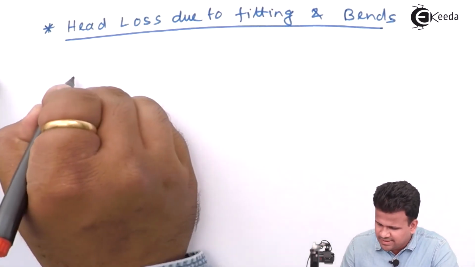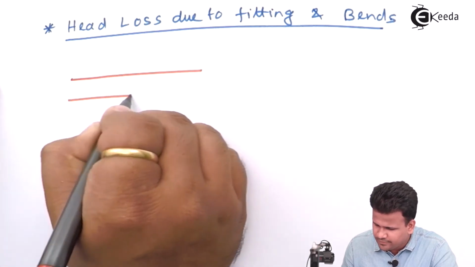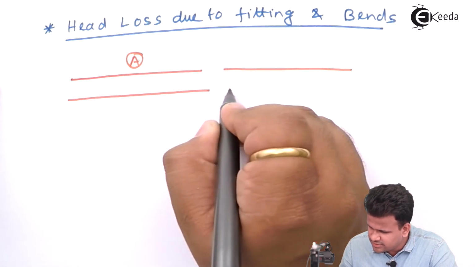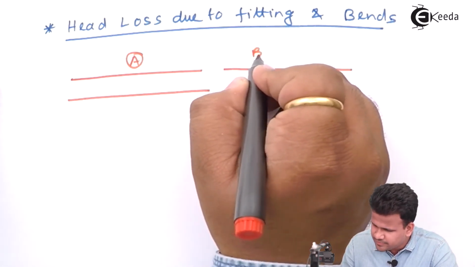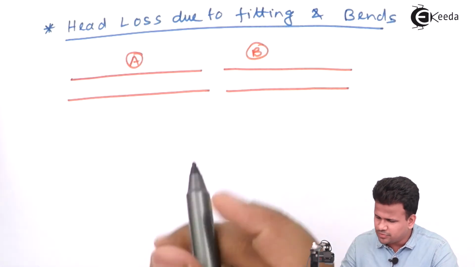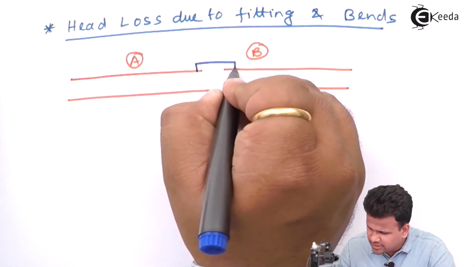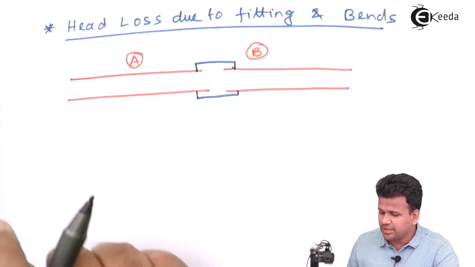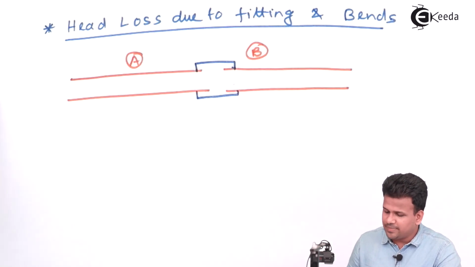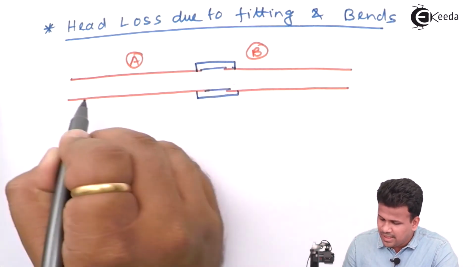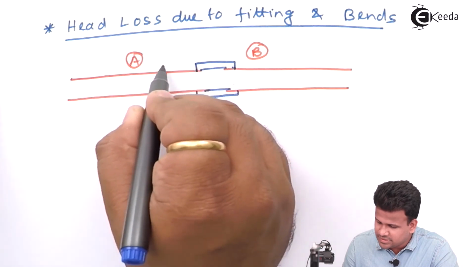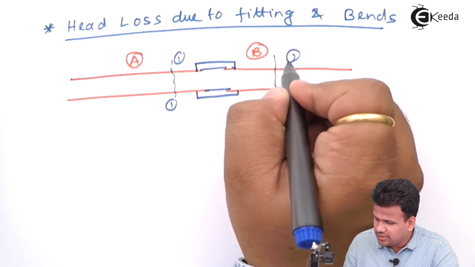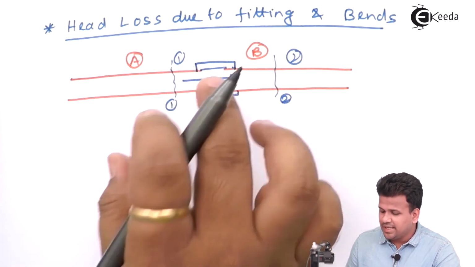Supposedly there is a very long pipe, which we'll consider as pipe A. This has to be connected to another pipe, pipe B. To connect them we require a fitting, similar to a coupling, which connects both pipes. When the fluid travels from section 1 to section 2 in pipe B, it will have some